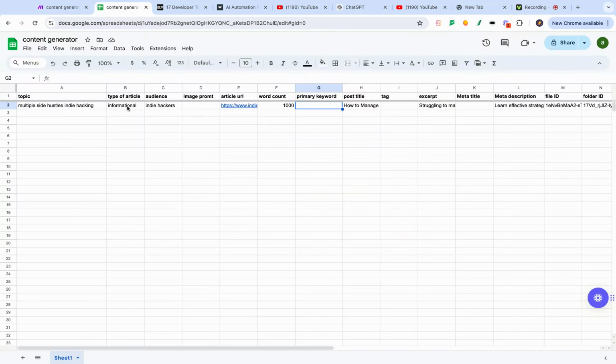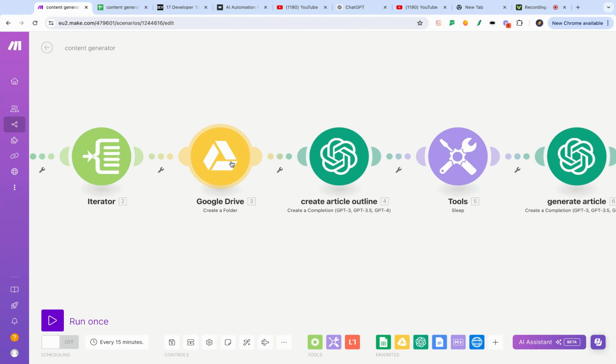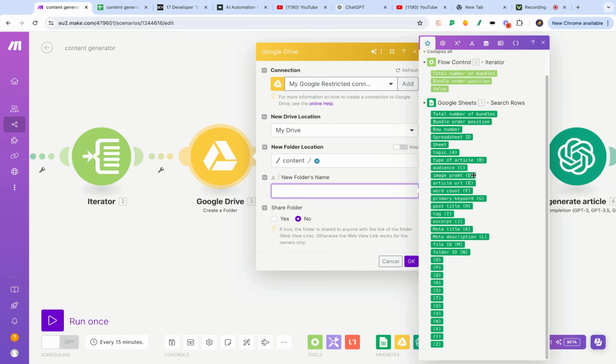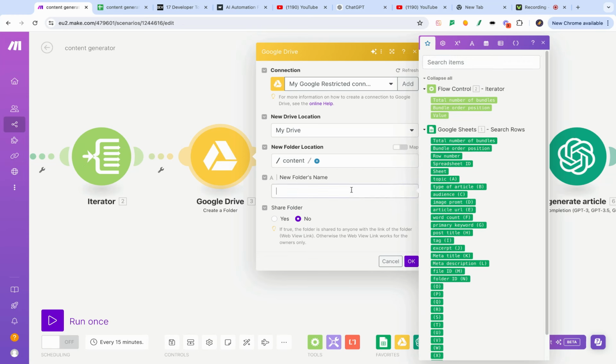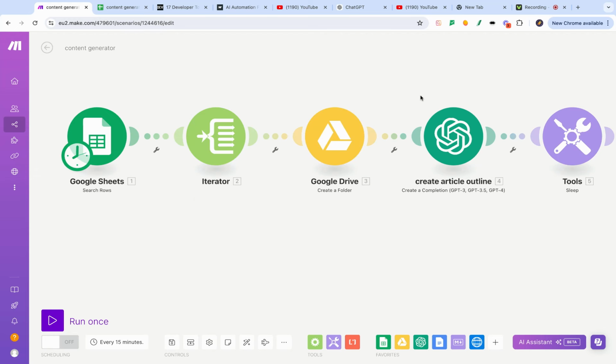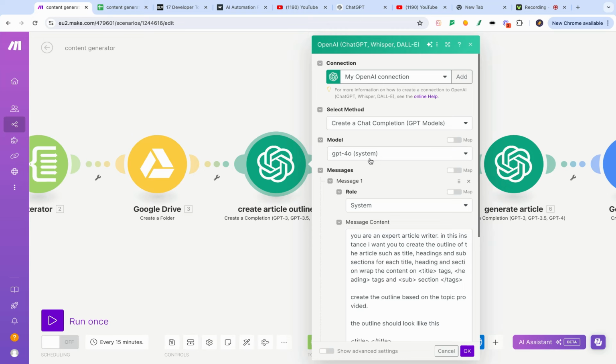So each row will get passed into the iterator. For each row, a new Google file will be created, and I can choose to put it in the contents folder, and I can just give it a file name of content generator for now. So we pass all the details from the Google Sheets, we pass it into the ChatGPT Create Completion